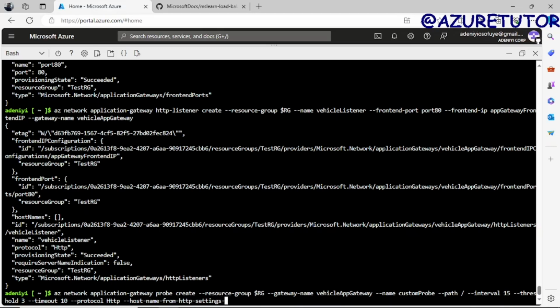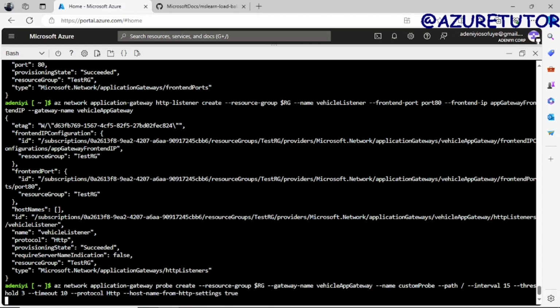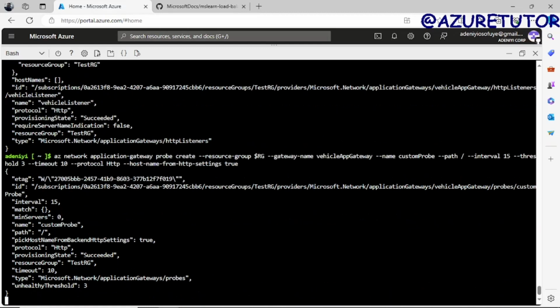Okay, let me see. True. Hope no argument issue here. Okay, so az network application-gateway